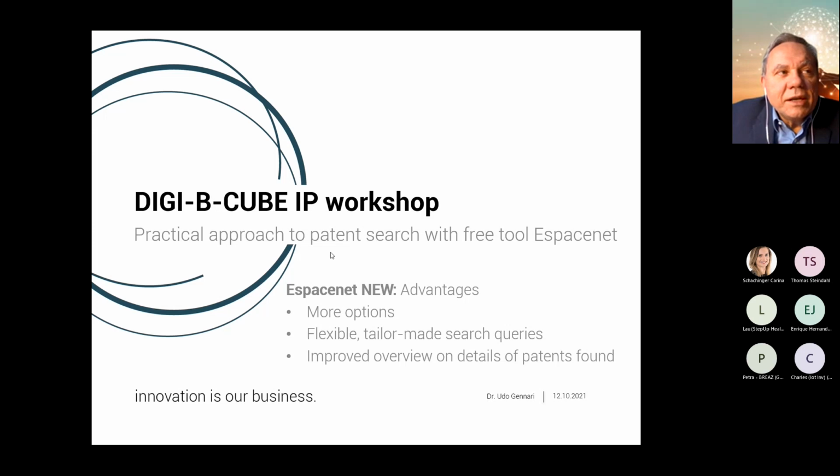So Espacenet New has a lot of advantages. It was also developed over quite some years and offers more options, is flexible, and allows tailor-made search queries, which can also be saved, and provides especially also an improved overview on details of the patents found. I mean, there are a lot more advantages, but I would say let's just start it and see what differences